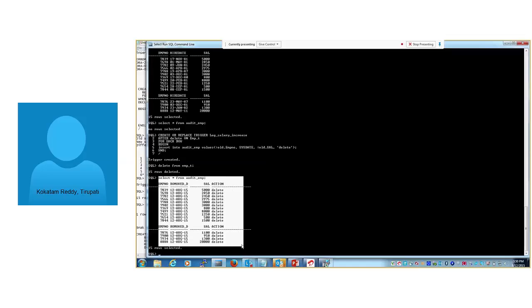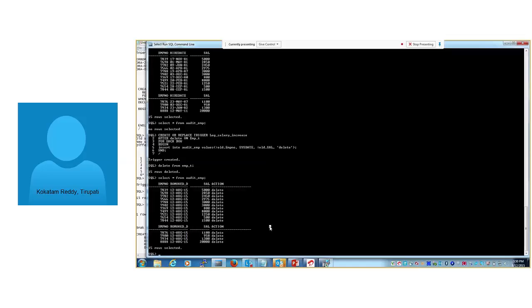This is the audit purpose. If you want to audit any table, if you want to trace what action any user performed on a table, when the user performed a DML operation, whether the action was delete or insert or update, and when he did it, this type of information we audit through a trigger. What is the old value, what is the new value, everything we can get through a trigger. This we can also call auditing.